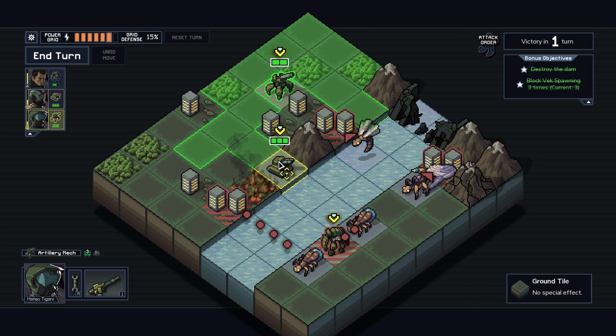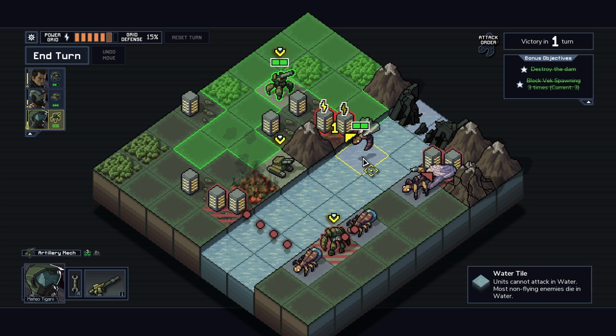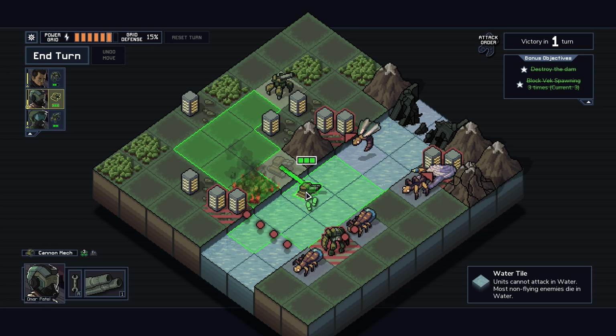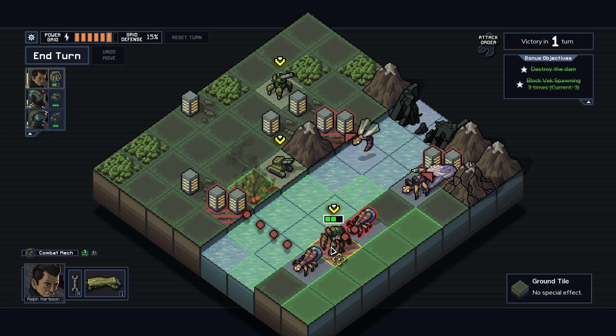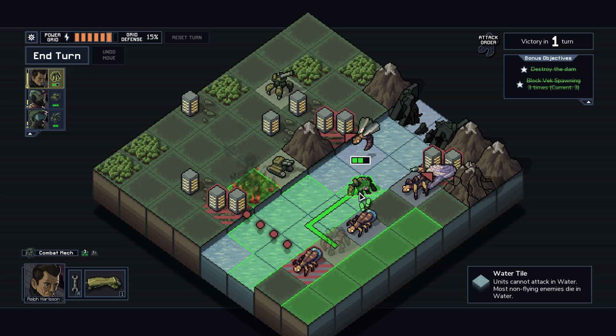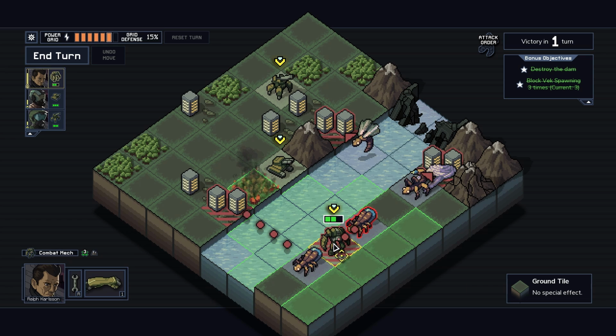At this point, I'm trying to think, can I knock one of my tanks into an enemy with the artillery in order to... It's not working, though. I can't shoot in the water, and that's actually becoming a big problem here. I don't think I can punch in the water either. I'm gonna move. Yeah, waterlogged. I can't punch, so undo the move. Wouldn't have mattered anyways, but...